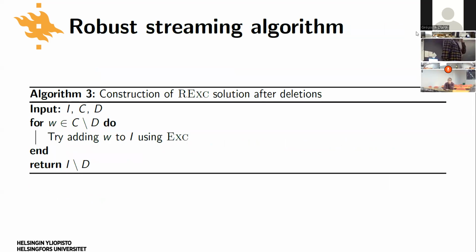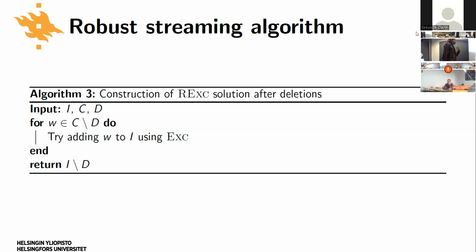So what's then the actual solution? Again, very simple. So now you have your I and C. This is your coreset coming from algorithm one. Now you have your set D. These are the items that the user doesn't care about, which we delete. Now what we're going to do is simply run over C minus D, so over our reserved list, and try adding those items into our tentative solution, right?